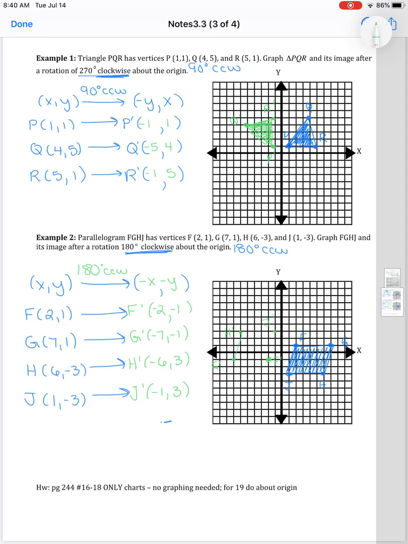So we have F prime, we have G prime, we have H prime, and we have J prime. Okay, but again, the most important thing tonight, you are only going